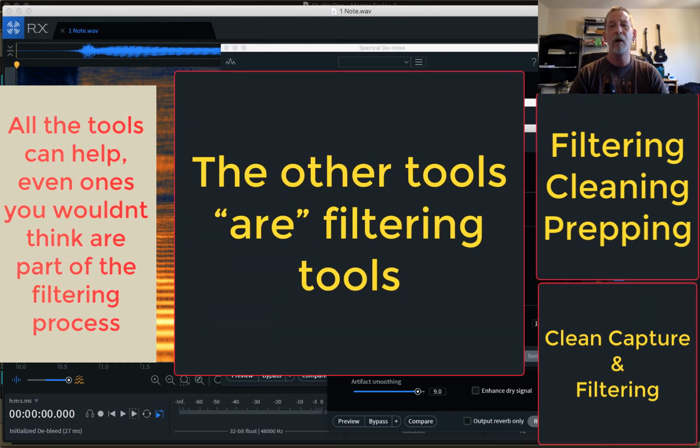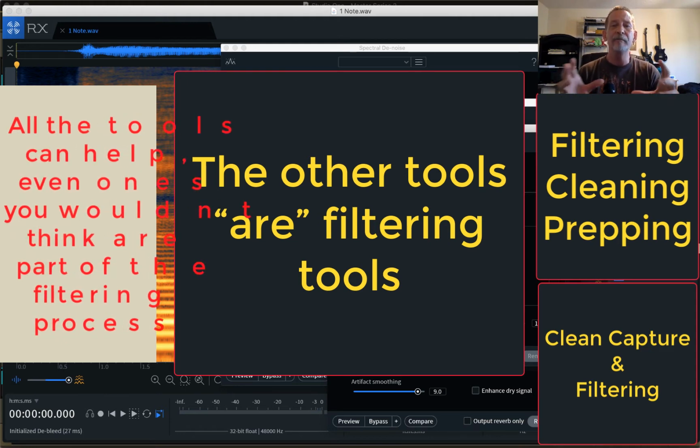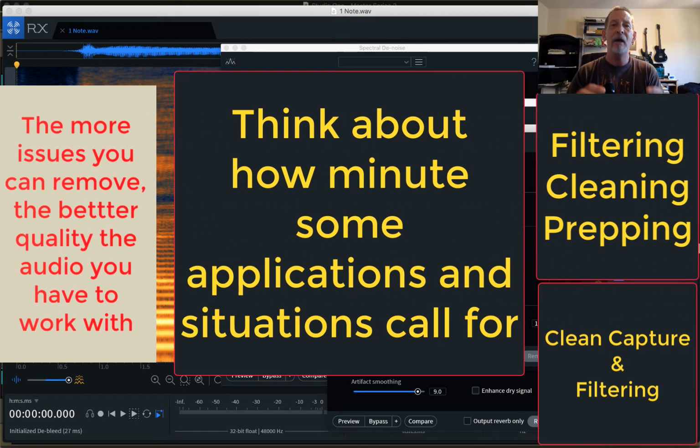Breath control, declip, decrackle, de-ess, de-hum, de-plosives, mouth declick, all these things can really help once you learn them. It's kind of a study. There's a learning curve here, there's no doubt about it. But this piece of software can be invaluable, because the more stuff you can get out,